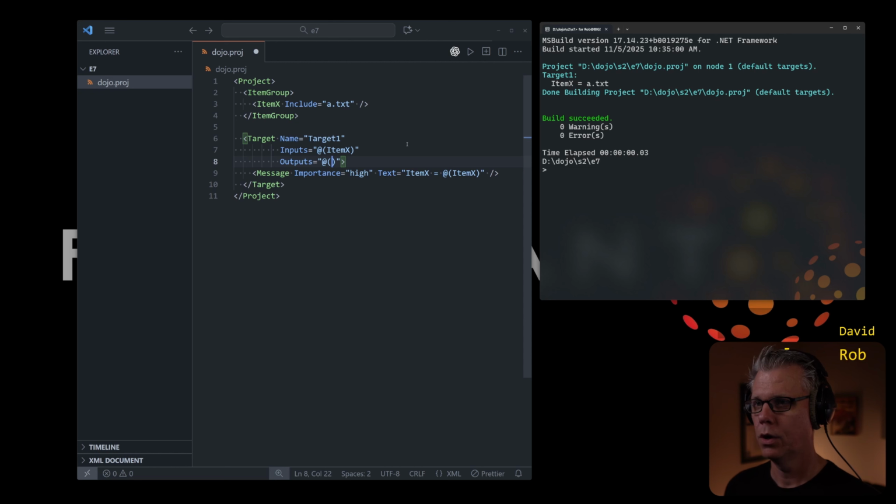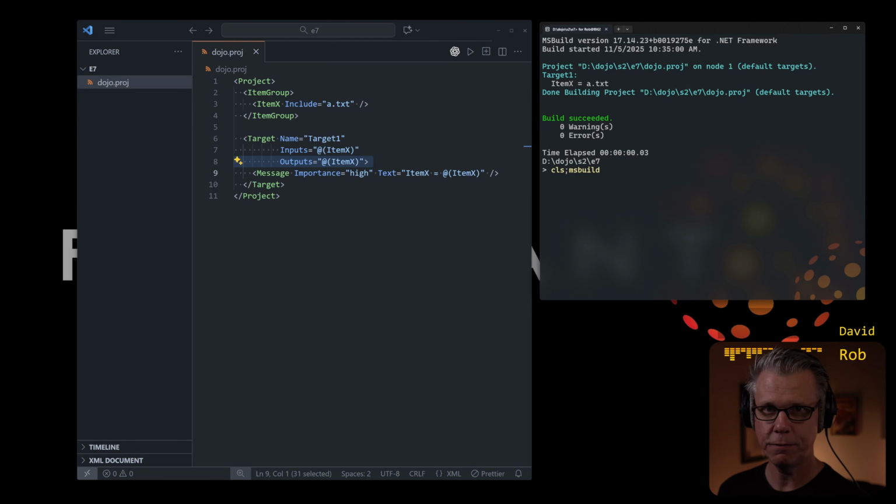So what I'm doing now is I'm saying the input to this target is item X, and the output from this target is item X. So I'm saying that the inputs and the outputs are exactly the same. Sounds kind of silly, right? It is really silly, but I want to show you right off the bat that this is the feature. If you give it the inputs and they're up to date with the outputs,